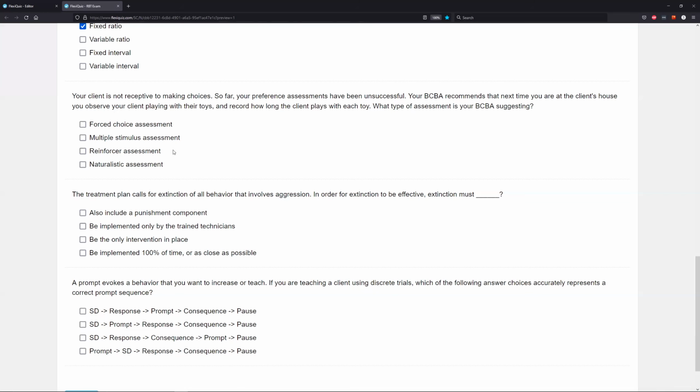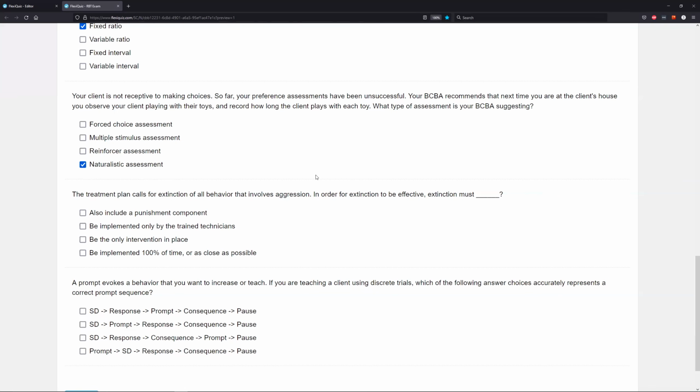So that leaves us with a naturalistic assessment. What is naturalistic? It's when you're using the environment to your advantage, right? We're simply looking for situations. We're not contriving things too much, okay? We're simply observing and reacting. In this case, you're observing your client playing with their toys, and you're just recording how long they play with each toy. So you are conducting a naturalistic assessment. There's no contrived choices, okay? No contrived scenarios. This is our option when we can't get them to choose, or when there's no clear